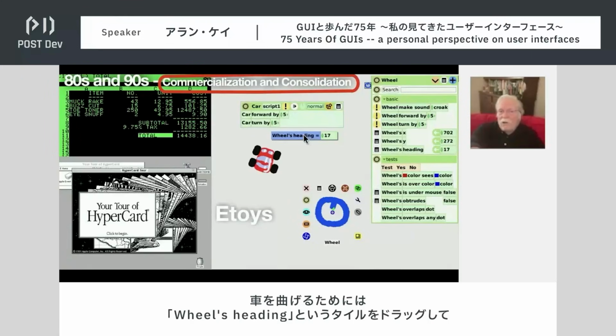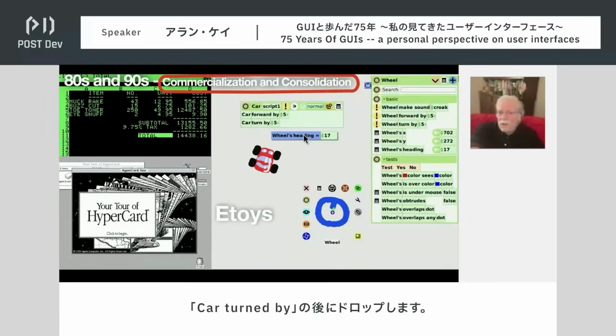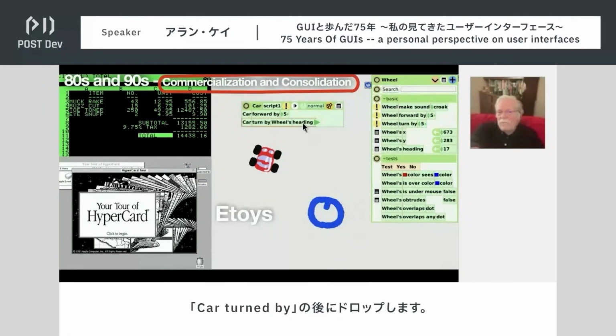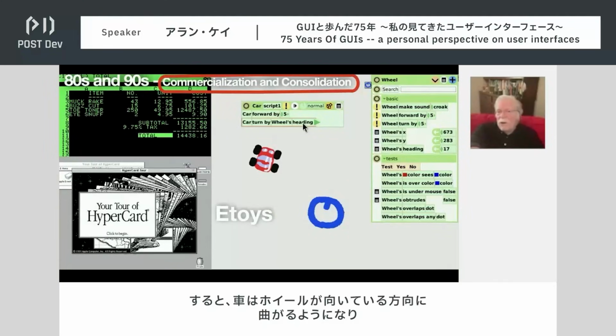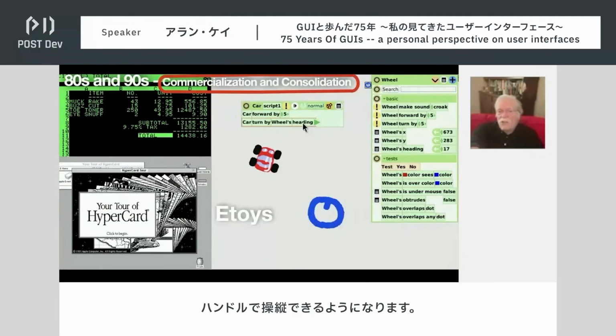So in order to turn the car, we're dragging a tile here called wheels heading, and we're dropping it after car turn by. So the car is going to turn wherever the wheel is heading, and that allows us to steer the car with the steering wheel.